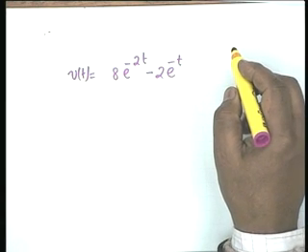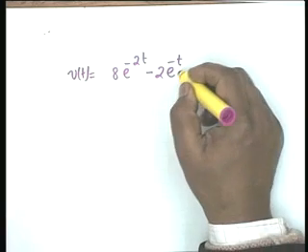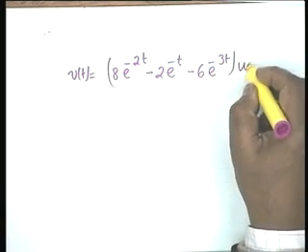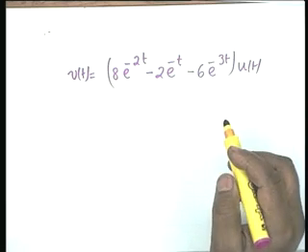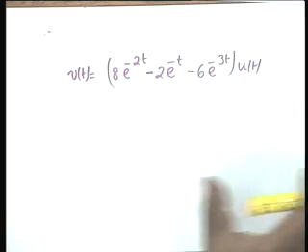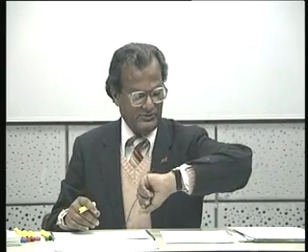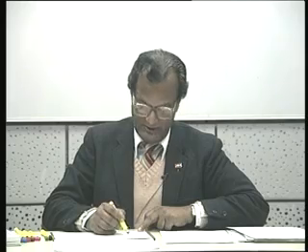I do not guarantee that my solutions are correct, you must check. This is what I got, 6 e to the minus 3t, of course multiplied by u(t). This I got directly from the transform domain and writing the equations directly. The last two problems, where we skip 518, we go to 519, would prove to be a bit involved, so I will take a little more time for this. Is there any question on the previous one, 517?